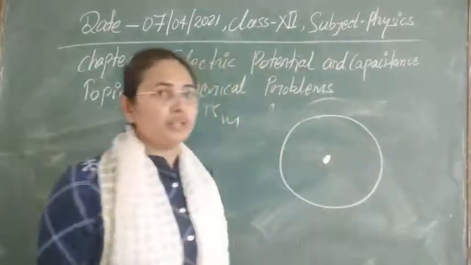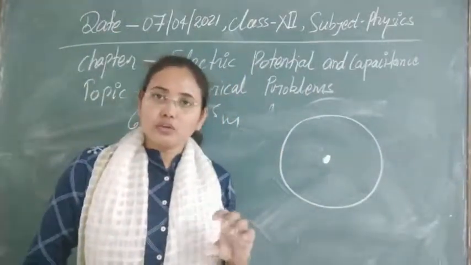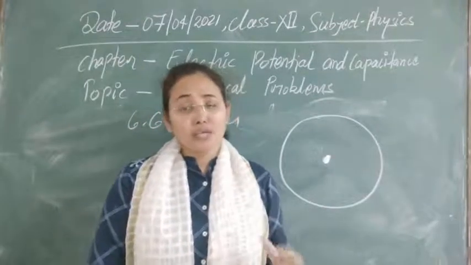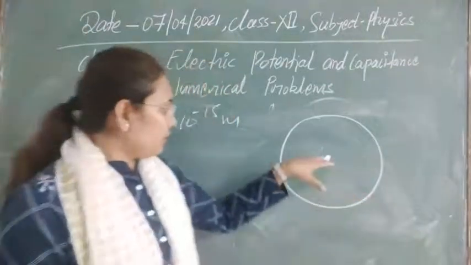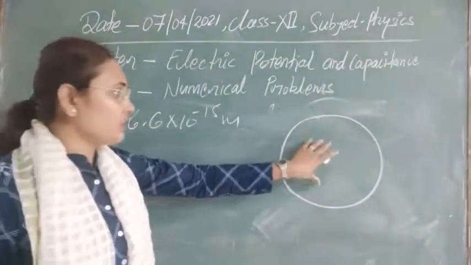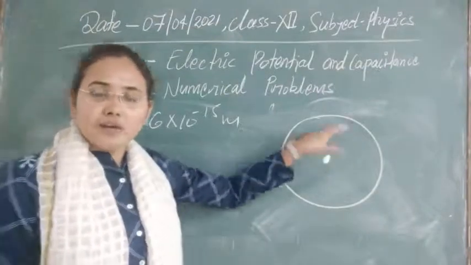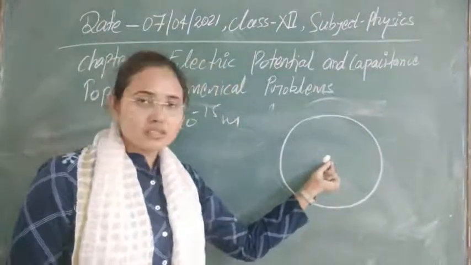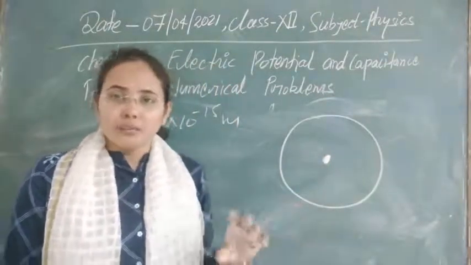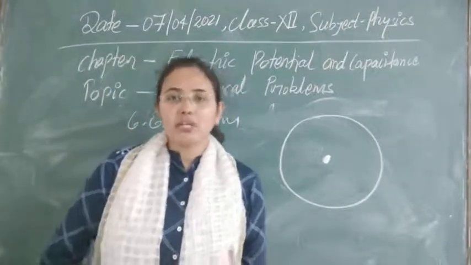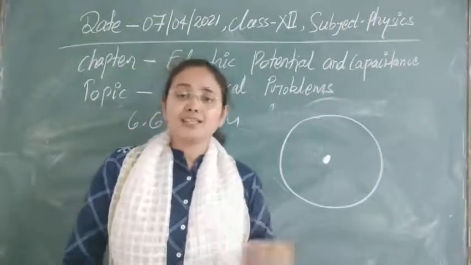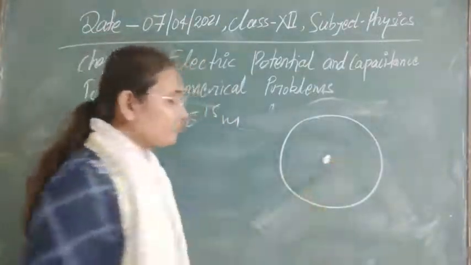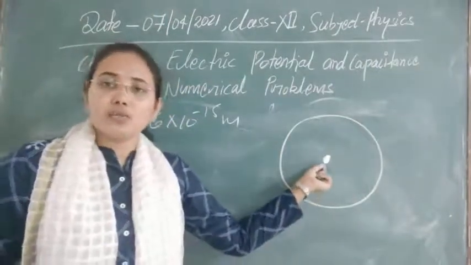In the nucleus you know that in nuclear composition neutrons and protons are situated inside the nucleus and electrons are revolving around the nucleus. By using the Bohr model we can easily say it. So if all the protons are situated inside the nucleus, then to calculate the potential due to all those protons, we can consider that all protons are situated at the center of the nucleus. Means as the nucleus is a very tiny space, we can take that all charge carriers are concentrated at the center. It means that overall 79 protons are situated at the center.